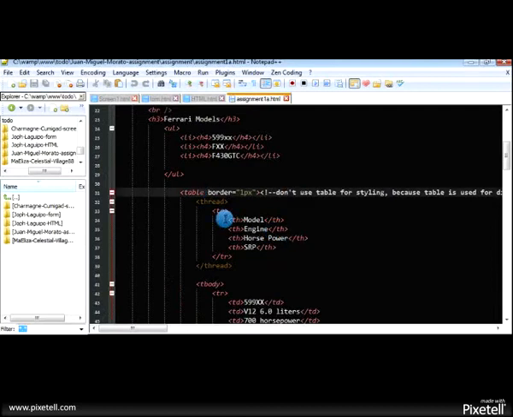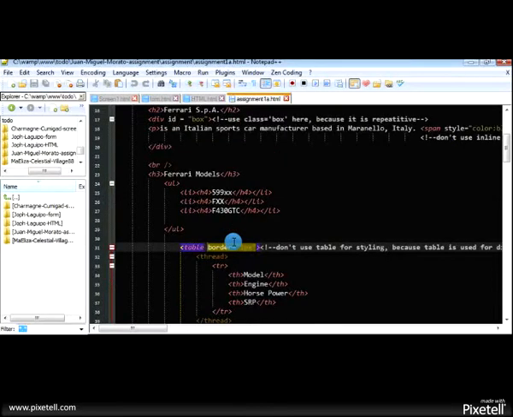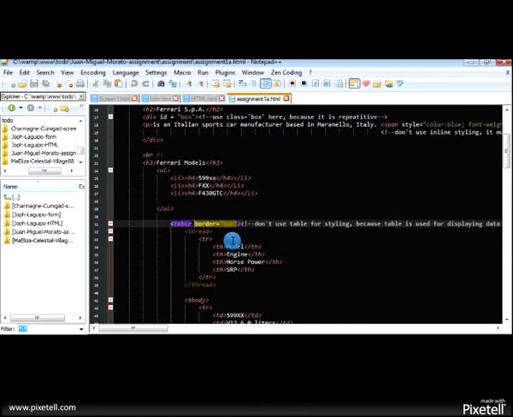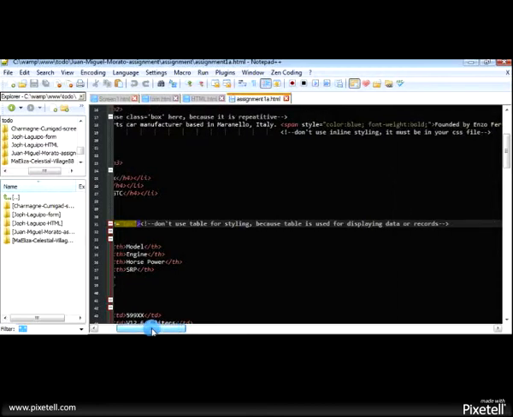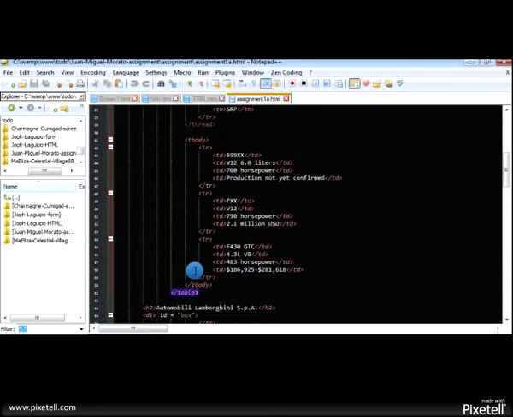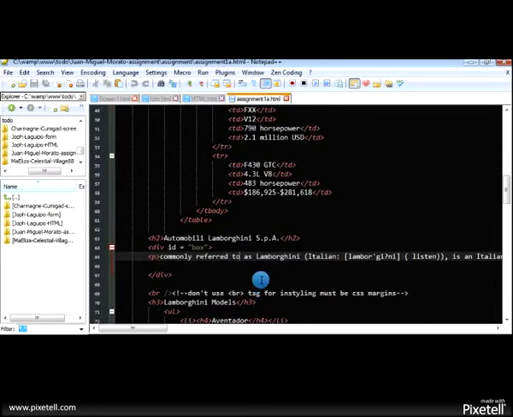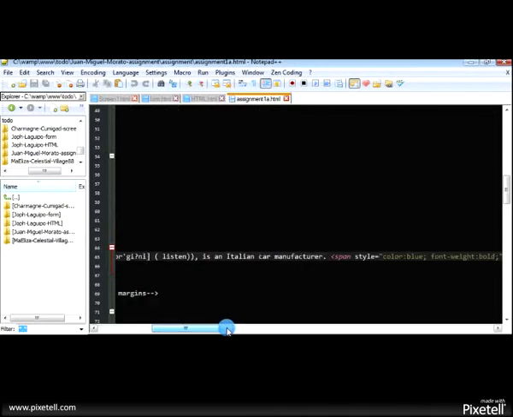Also in here he uses a table for styling. It must not be used for styling, because like what I've said before, the table tag is used for displaying data, like what our mentor also said to us as their students. Also in here, inline styling.